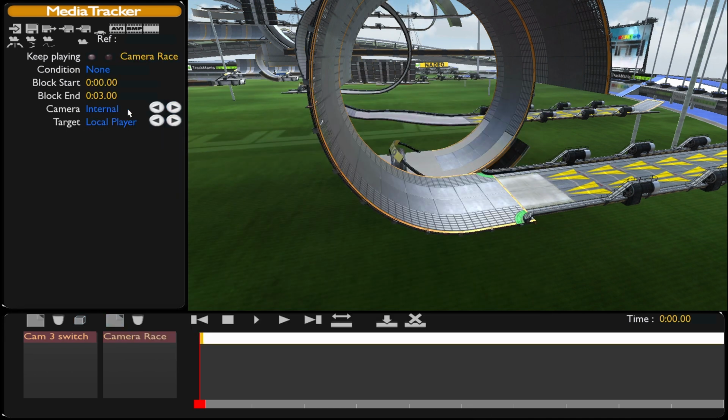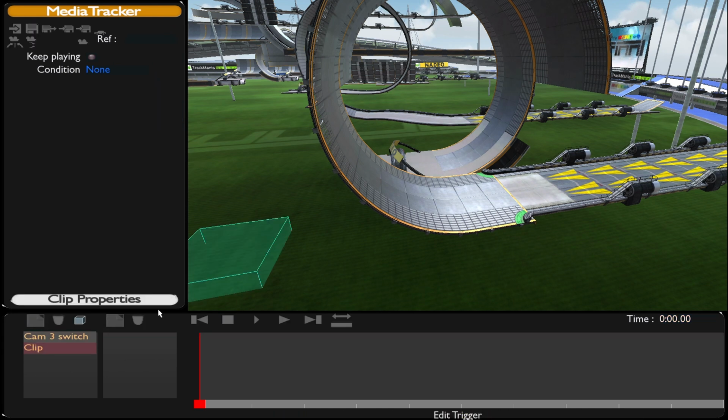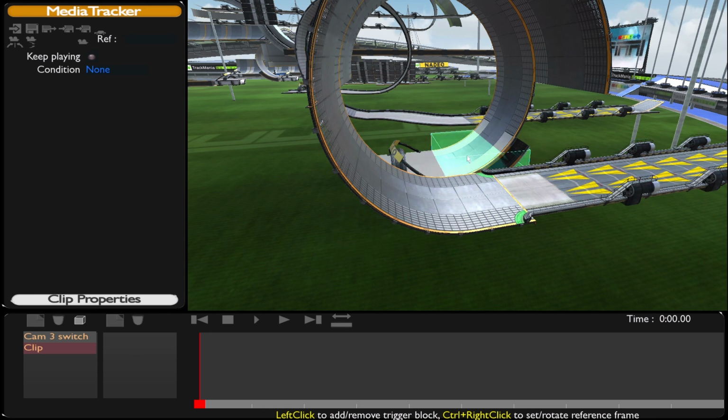Internal is camera 3. Do whatever length you want, and then you need to add another switch, and you put it at the very last point in which you would be needing the camera 3. You name this Cam 3 off,